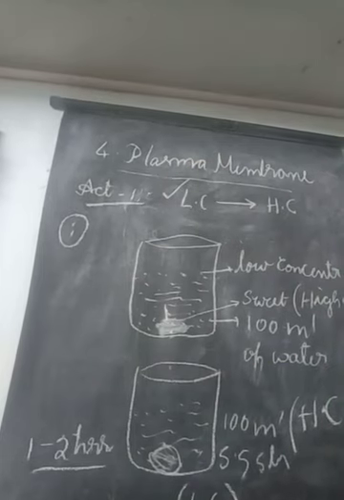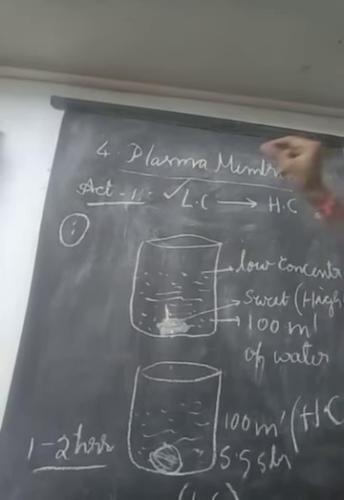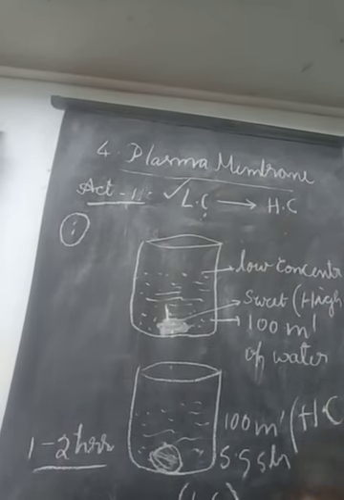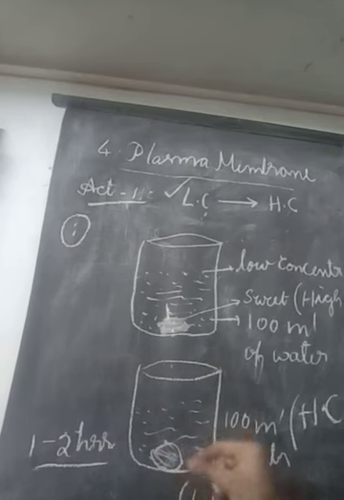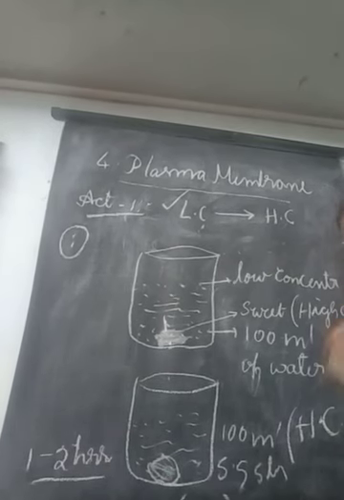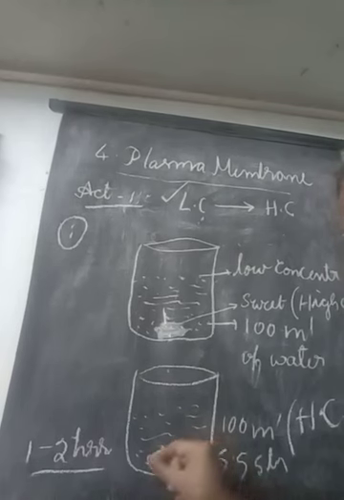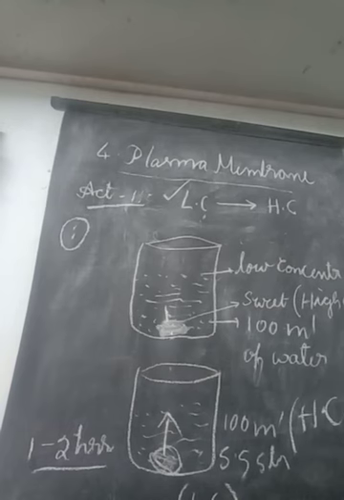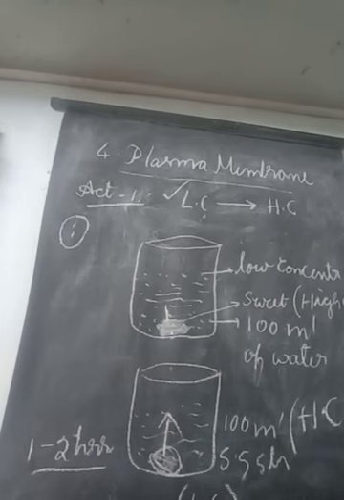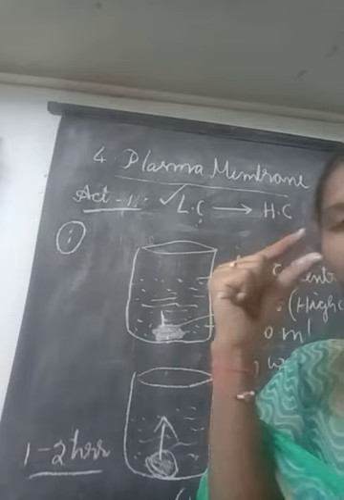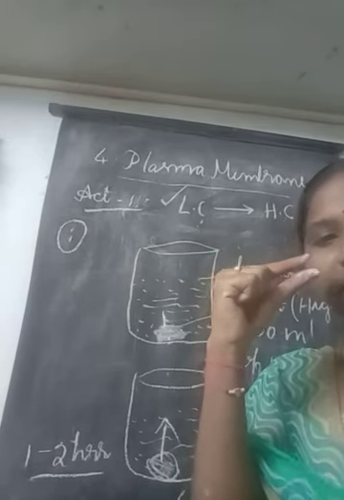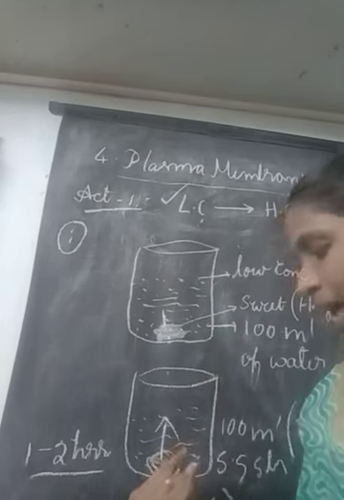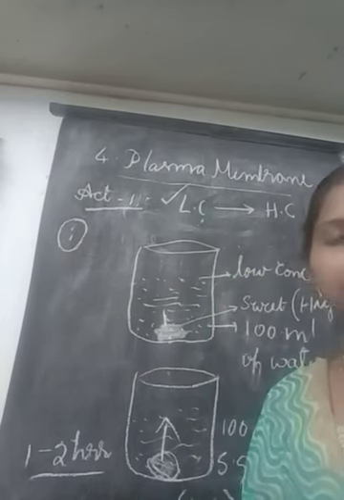Water has one property. What is that property? It always moves from low concentration to high concentration. Now the liquid content in the swollen kishmish, the water present inside the resin, enters into the beaker. So when water is removed, automatically the size will be shrunken. Shrunken means muduchukupovatam, taggipovatam. The size of the kishmish will be shrunken.